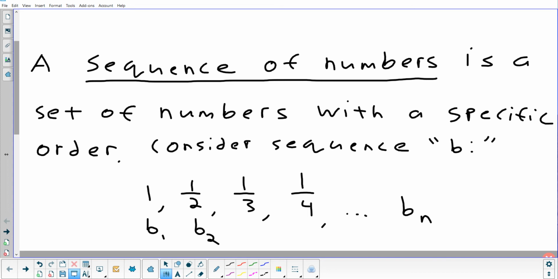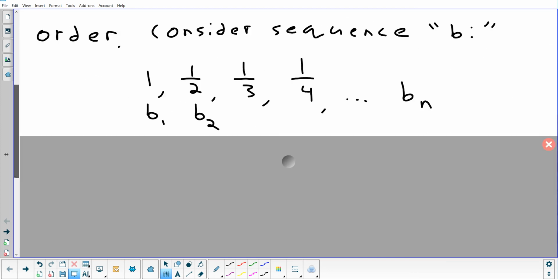Any sequence that stops somewhere can be added up. Even if there's 50 million numbers in it, you can add them all up. That's not impossible, especially for computers. An infinite sequence, if we want to try to add all those up, we're going to talk about that more in 11.2. It depends. Sometimes you can add up infinitely many things, sometimes you can't. But again, that's something for the next section.